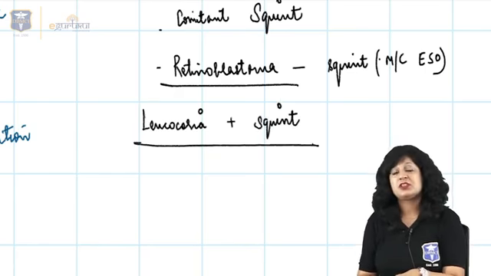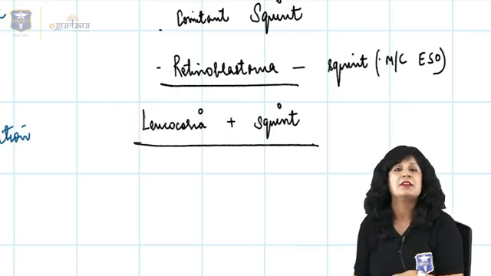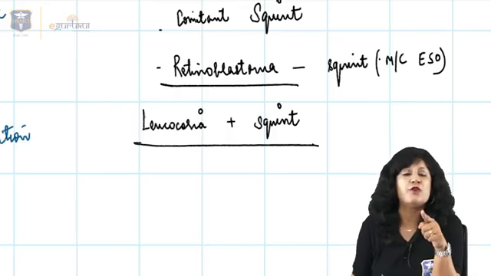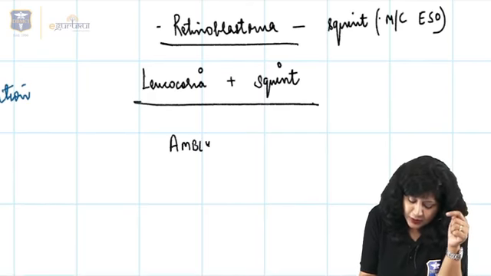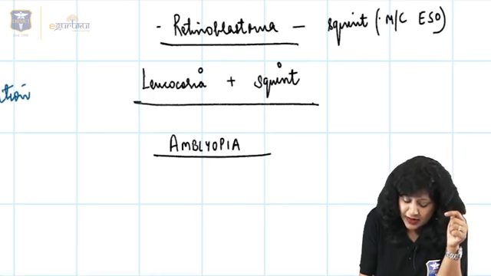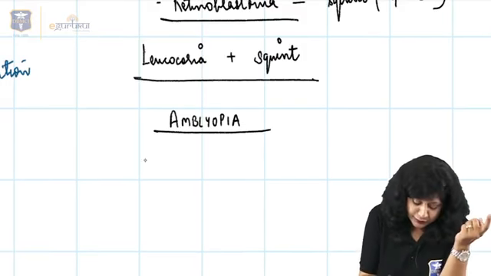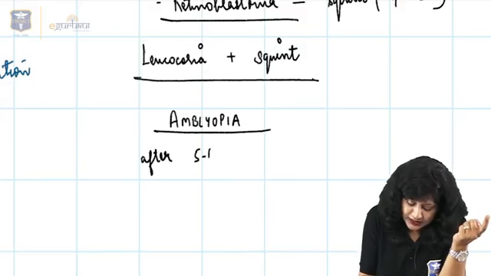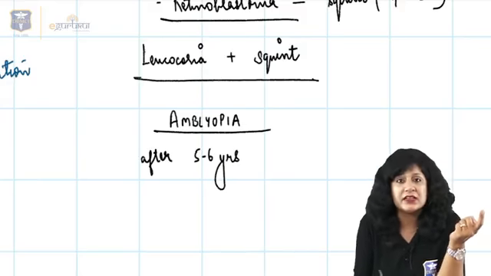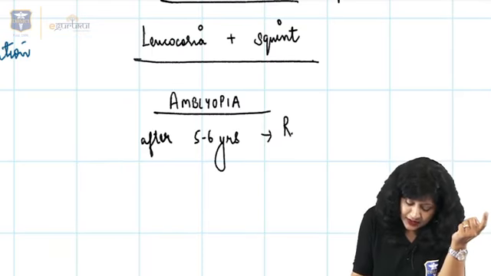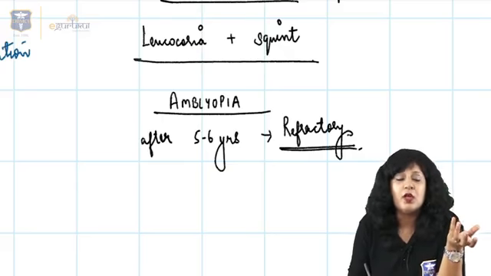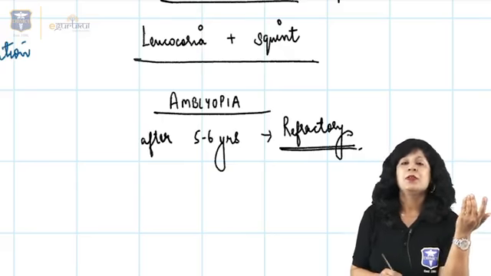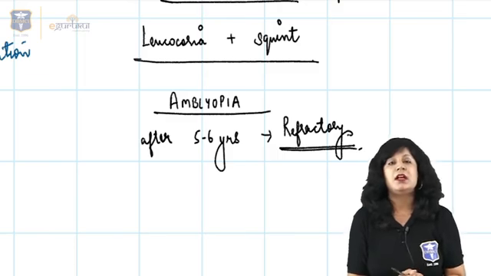But even if the patient is having a comitant squint, or if we are suspecting retinoblastoma, there is no point of waiting, because if you wait, certainly this eye can go into amblyopia, and once the amblyopic eye becomes refractory after the age of 5 to 6 years, the patient is not able to get the vision even if you are treating it. So that can be uncorrected refractive error also. It can be a high accommodative convergence to accommodation ratio. You know about the comitant squint.